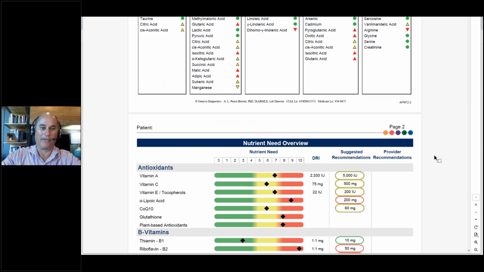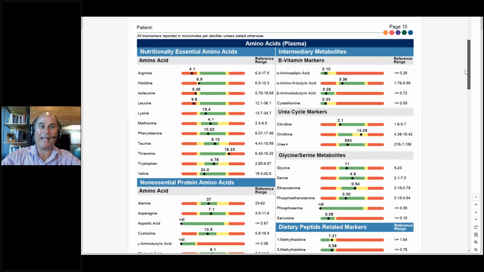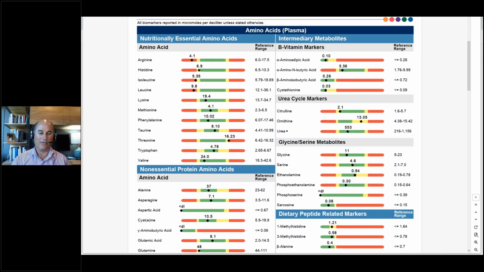Let's see if I can find the right part here. Sorry, let's scoot around. Here we go. Now remember, you can get urinary amino acids done also, but that's not what we're talking about. It's much preferred to do plasma amino acids, so it involves a blood draw. And you can see them laid out here. It's not that complicated. If the amino acid is low, there's something that's causing that to happen. If the amino acid's high, either they're over-consuming that amino acid in supplement form or they're not absorbing it. It's not going into their cells very well, which often means there's a B vitamin deficiency of some kind.